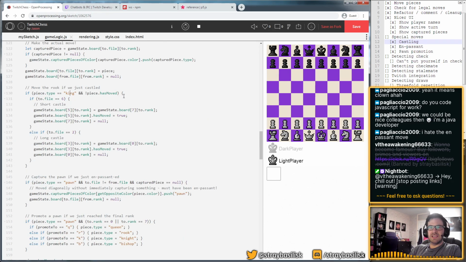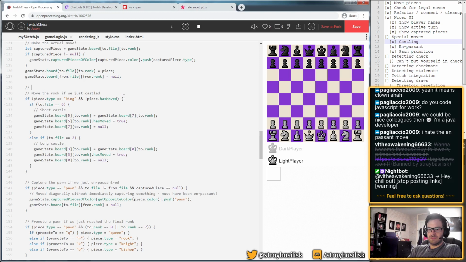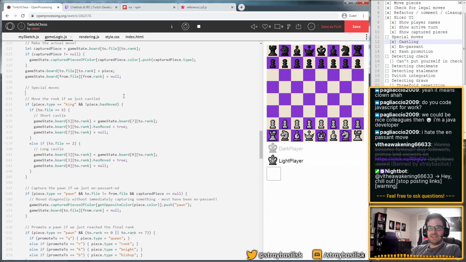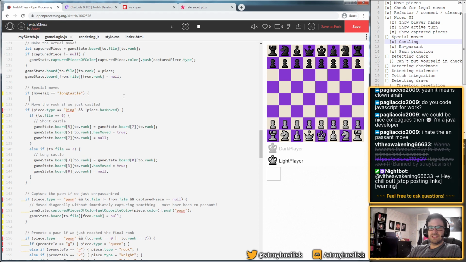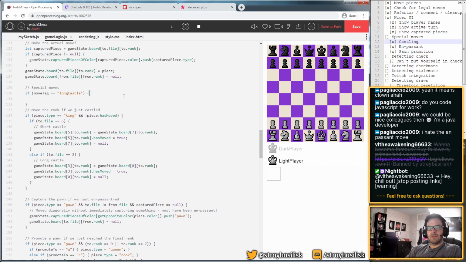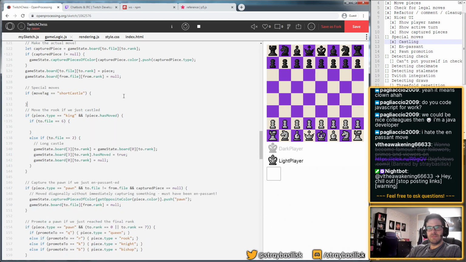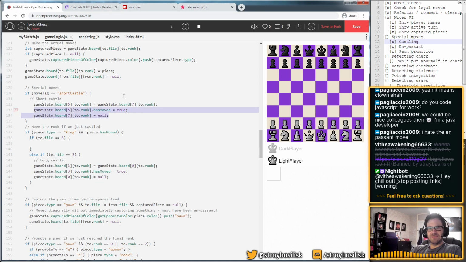And now I can do this in a slightly nicer way, right? So I can say if move tag equals long castle, then I can do this logic here. It's a bit nicer, right? I'm not doing it in this weird implicit duplicated way.